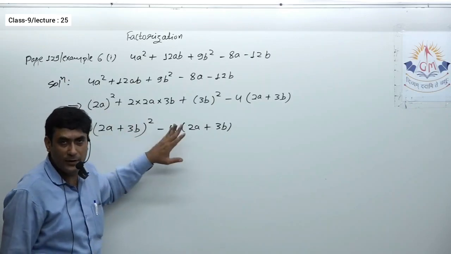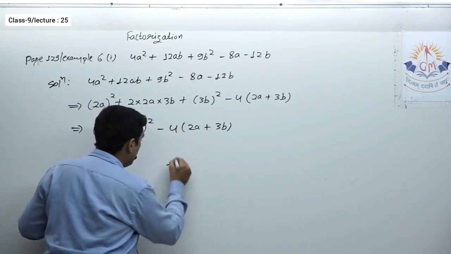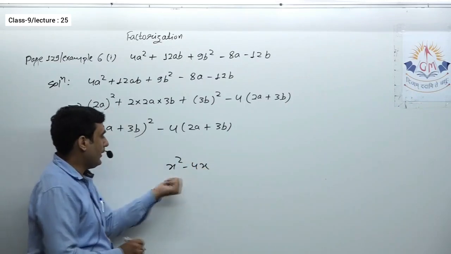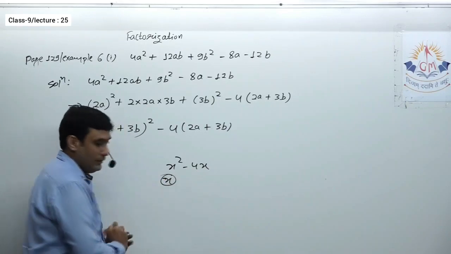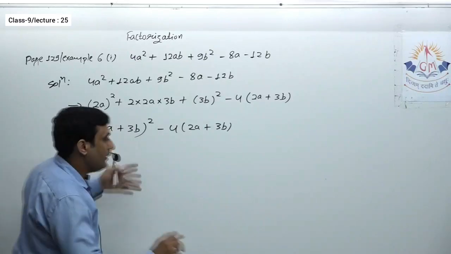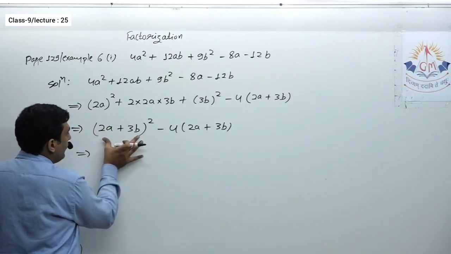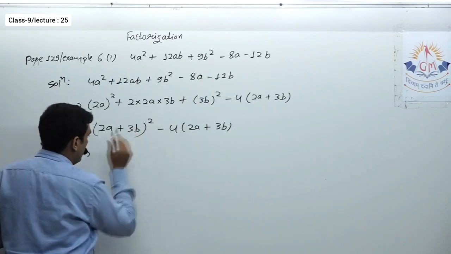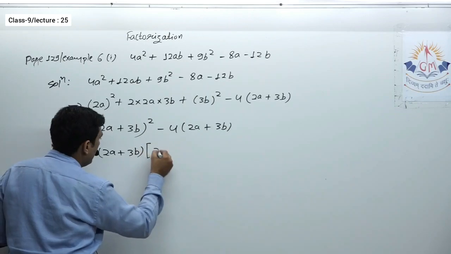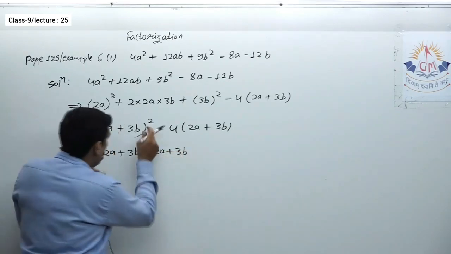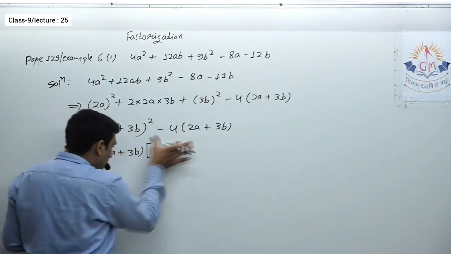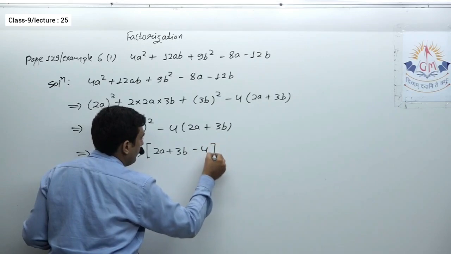The very first question that we discussed in this lecture was something like this only, x square minus 4x. If I consider this as x, so this is x square minus 4x. From these two I can take x common. So instead of taking x common, here I can take 2a plus 3b common, because here 2a plus 3b into 2a plus 3b is there. If I take 2a plus 3b common, here I am left with 2a plus 3b because here it is a square. One I took outside, so one I have to take inside the bracket. And this complete has been taken common, so here I am left with minus 4 only.